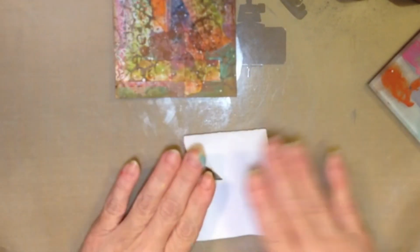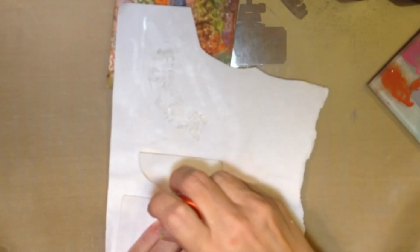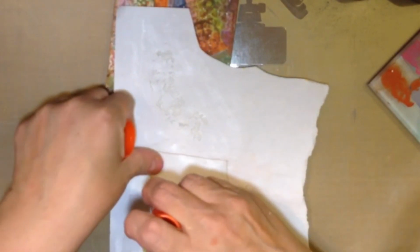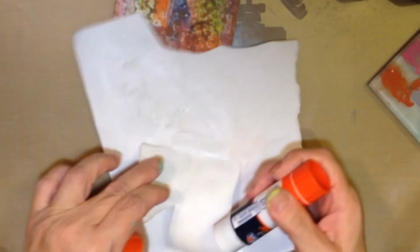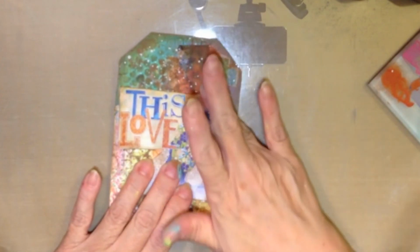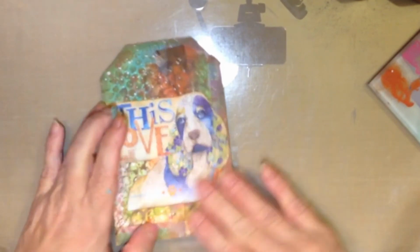Okay, I think I'm going to go ahead and put my focal point down before I put down my black splatters. So, take my paper back out, get my glue stick back out, do a really good coating of the glue stick here. Okay, and now,